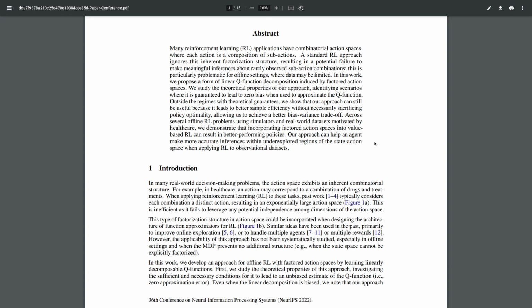Our approach can help an agent make more accurate inferences within underexplored regions of the state action space when applying RL to observational datasets. And they look at two healthcare